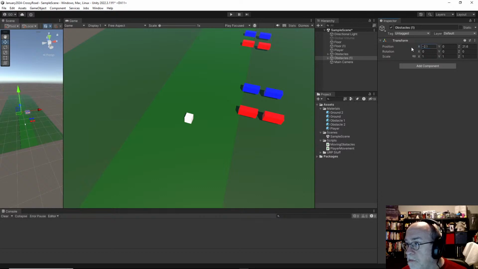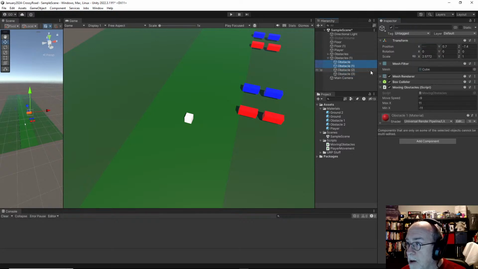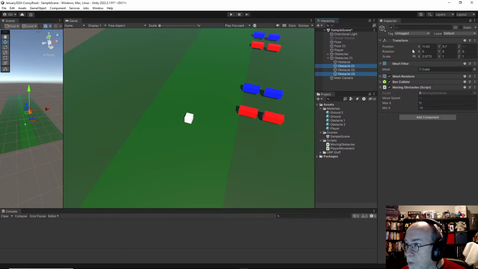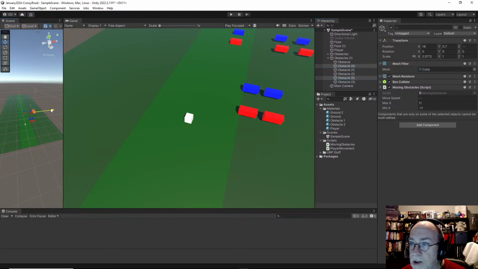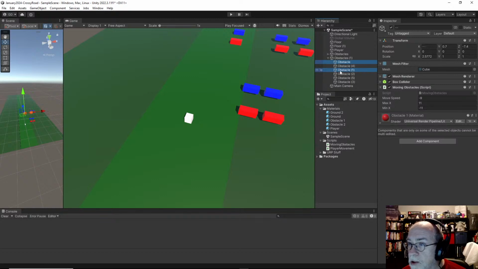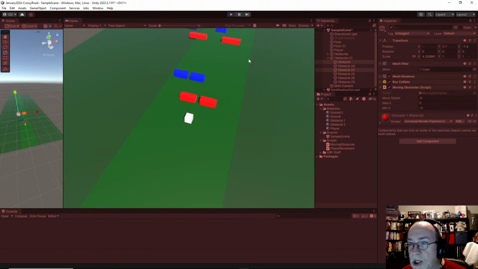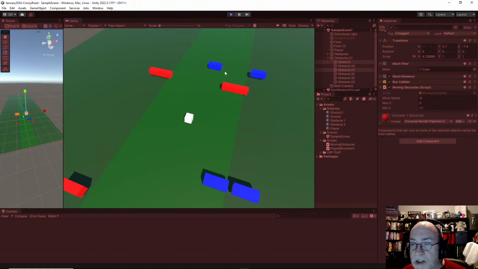But I mean, you can still offset them a little bit. Move these two over a little bit, and then those two, something like that. You can even duplicate those two and move some shorter cars, I guess. Longer, just to change it up a little bit. This is starting to look a little more interesting, and that's not that far off from the Crossy Road, except